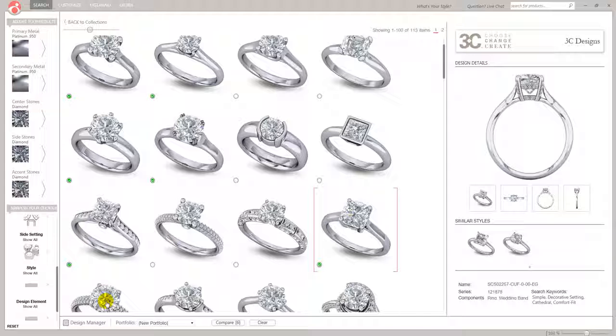So now we've got a kind of commitment that they want to proceed and have a closer look at these items. So down here you've got new portfolio. This is the default, and it says double click to rename. So I'm going to double click, and we're going to call this